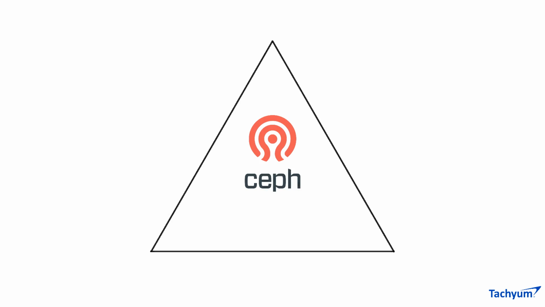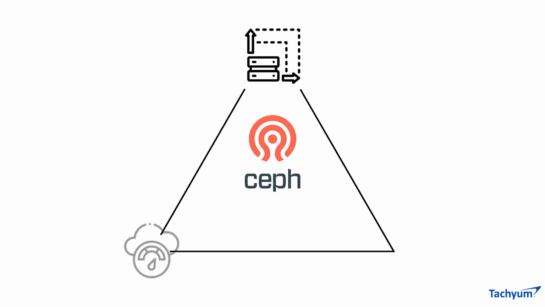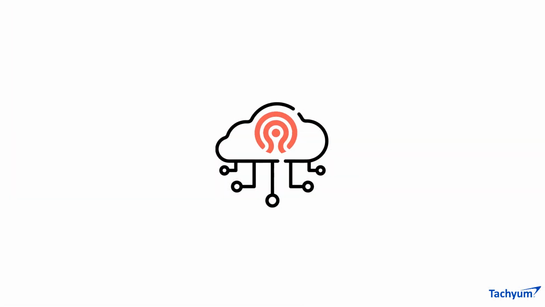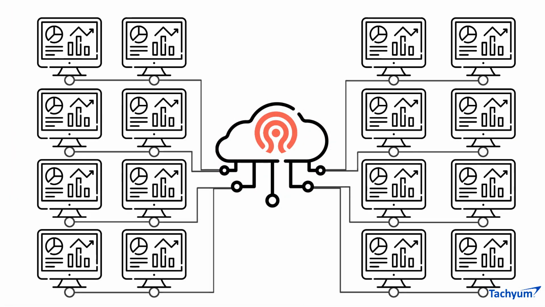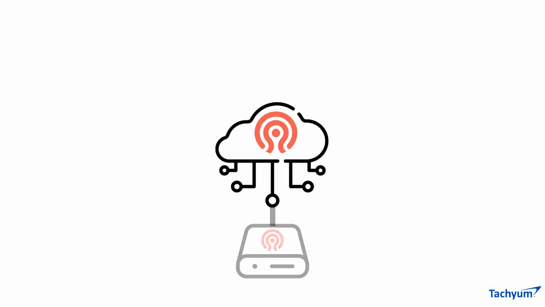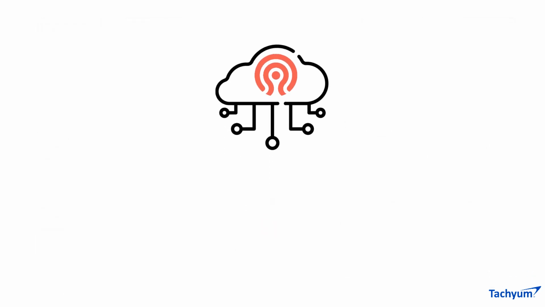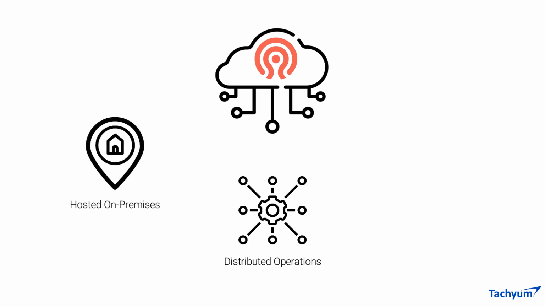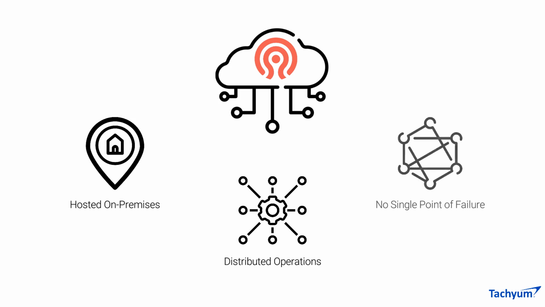Main features of Ceph are scalability, performance, and high availability. It can run on one machine or even on thousands of machines with tens of thousands of clients that are connected to this storage. Ceph capacity and performance can be increased without interrupting the service simply by adding new nodes to the cluster. This comprehensive data storage solution provides completely distributed operations, all hosted locally on premises, without a single point of failure,